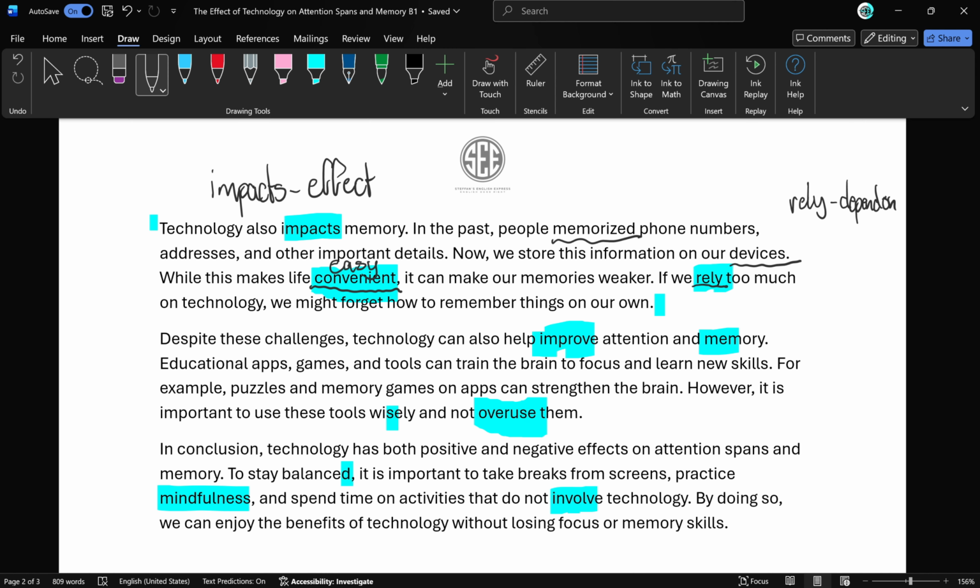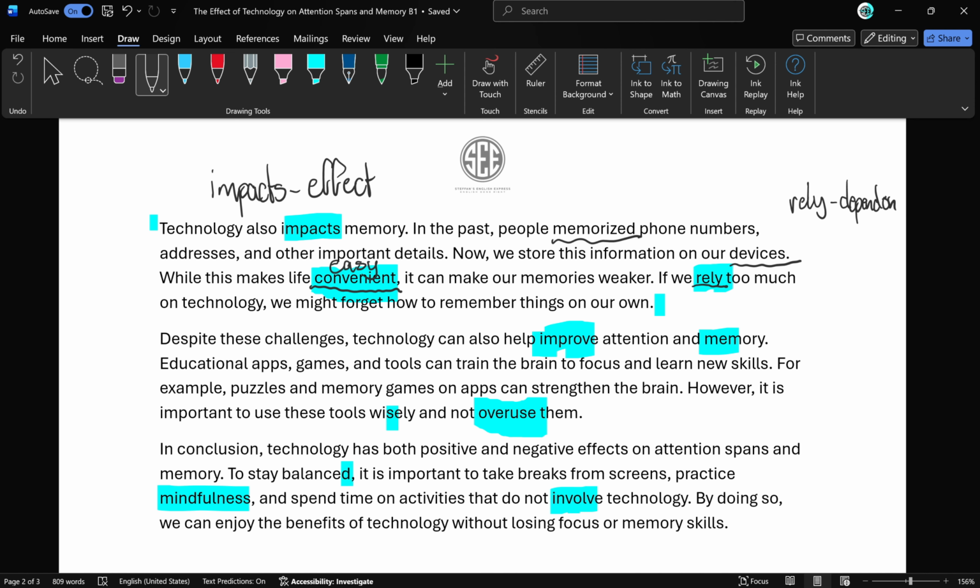If we have a job, we rely on our employer, our boss. We rely on these people. So the word rely means to depend on. Basically you need someone's help. So if we rely too much, we depend too much, and we need the help of technology too much,